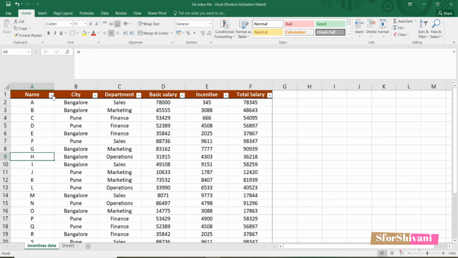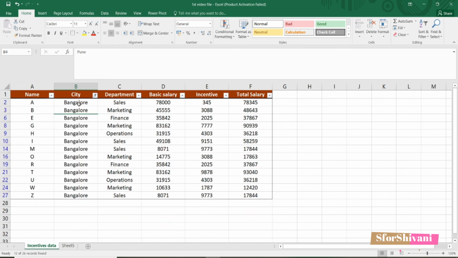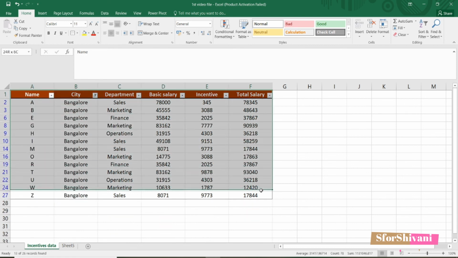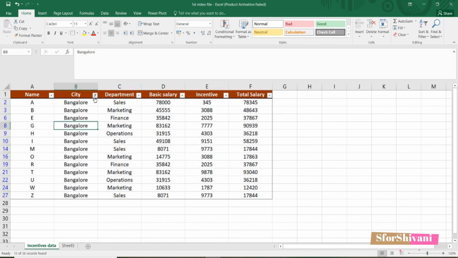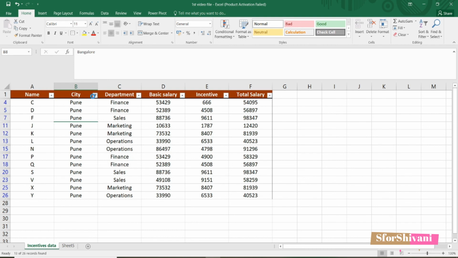Here you can see this button has come up in all the column headings, and from here if you click, you can select Bangalore and all the data about the Bangalore city is here. Similarly, if you want to see Pune, it's here.